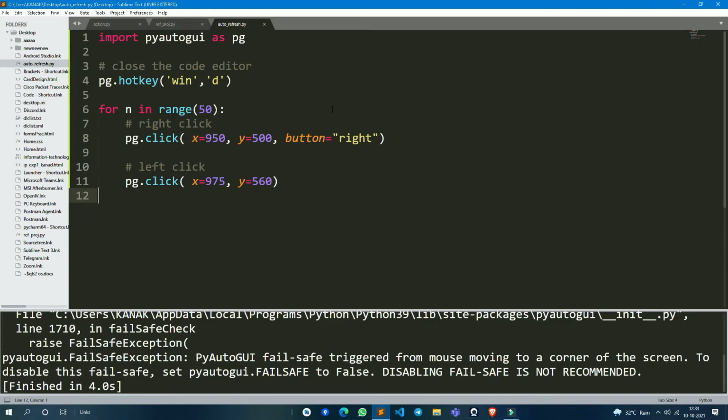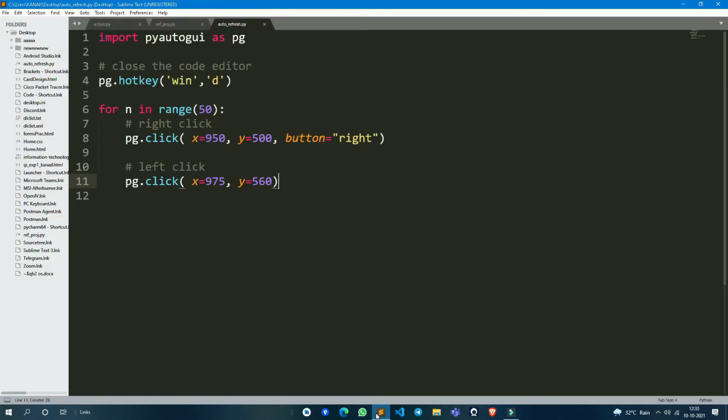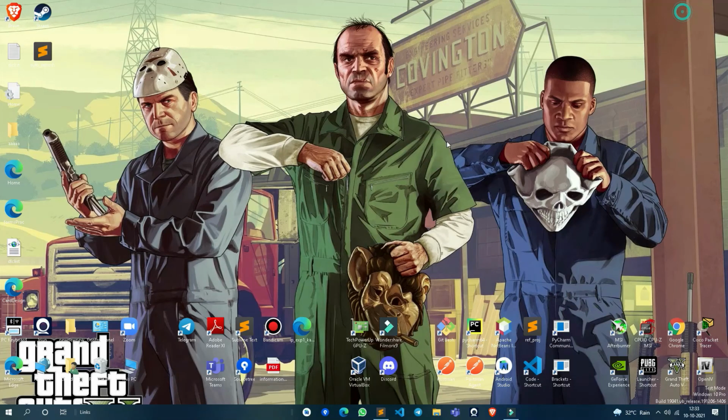In the next video I'm going to automate the whole thing, so you don't have to run the script manually. What we will do is, when your PC starts up, this script will be invoked automatically. When you start your PC, this script will run automatically and it refreshes your desktop automatically. So you don't have to do